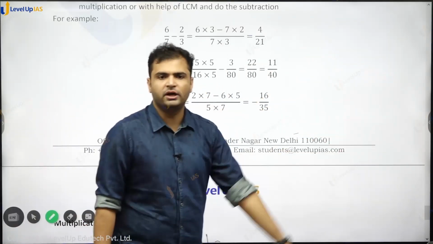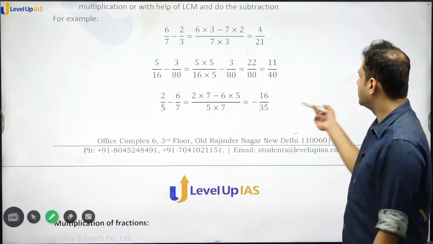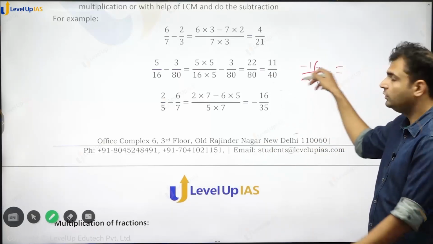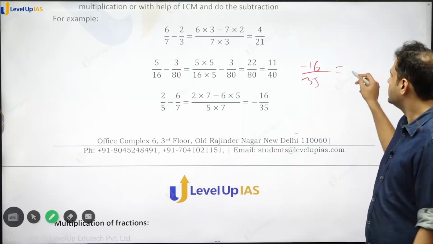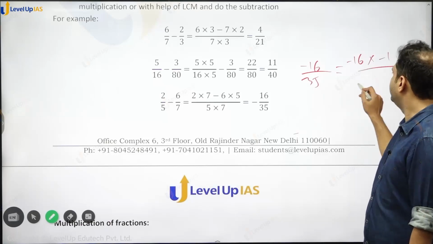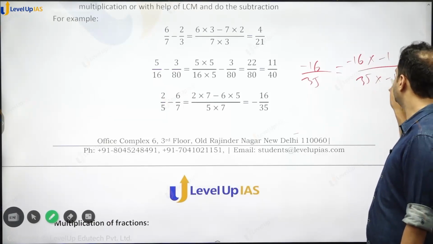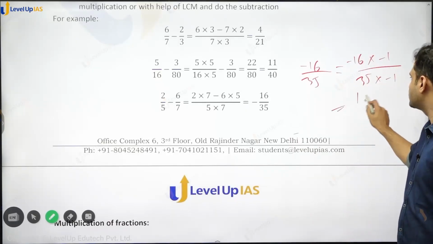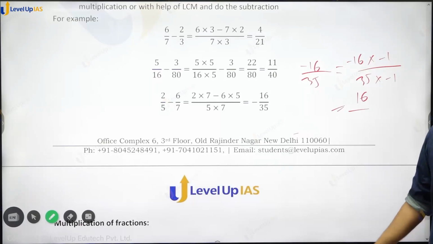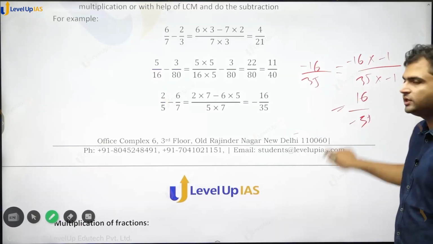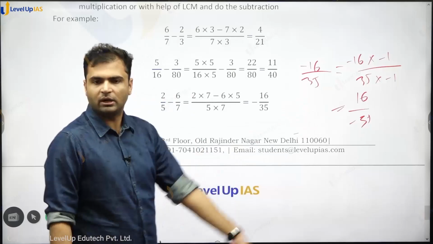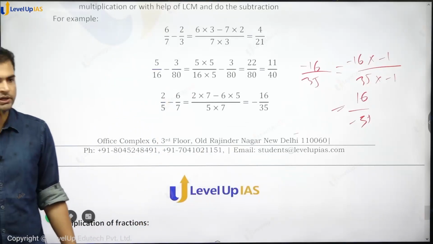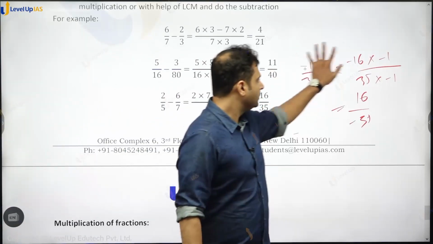Because again we can multiply and divide by -1 and the minus sign will shift. If this is minus 16 by 35 and I multiply numerator and denominator by -1, then what will happen? Minus 16 into -1 divided by 35 into -1. So numerator will become minus minus plus. We'll have 16 into, and plus minus minus, so minus 35. तो ऊपर हो नीचे हो सब सेम है, because we can always multiply by -1 and sign will change from numerator to denominator. सब सेम।